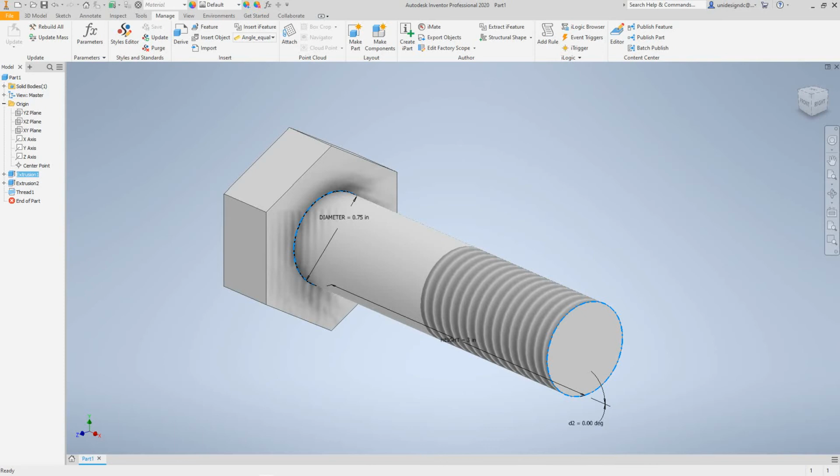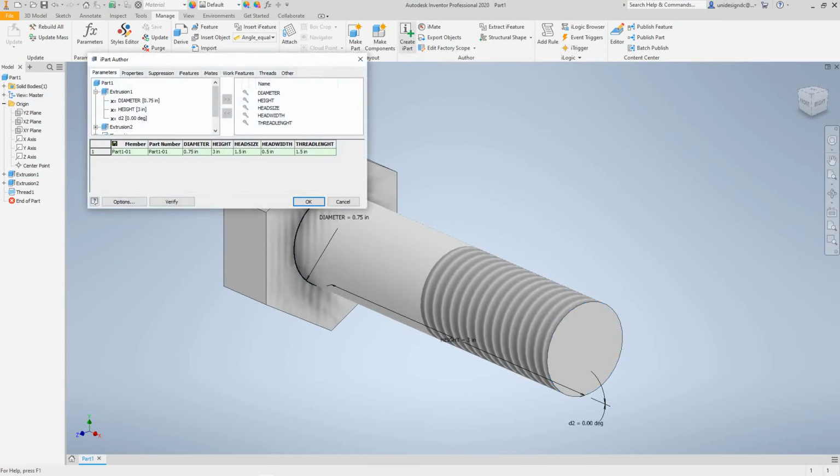Now, on the ribbon, we'll go back to our ribbon. We'll go to manage, and we're going to go to here where it says author, create iPart. Select that. And now once you're in this view, in this window,